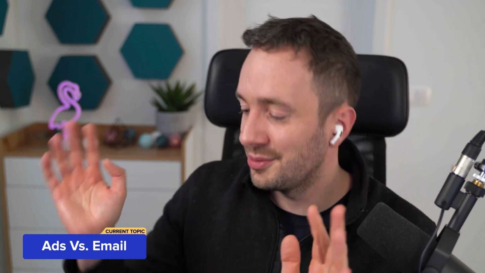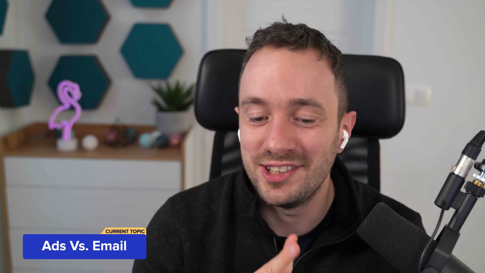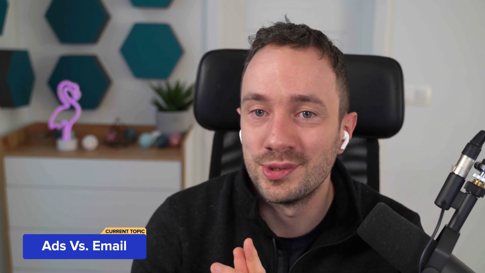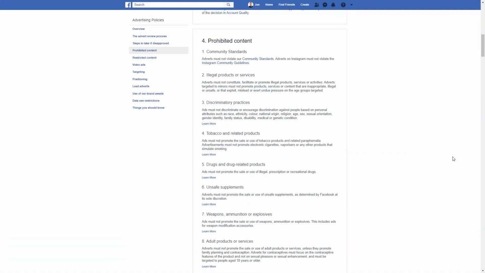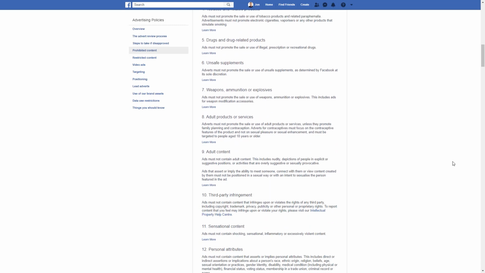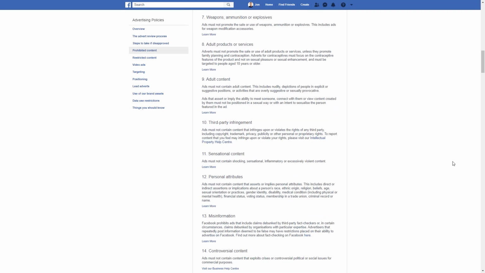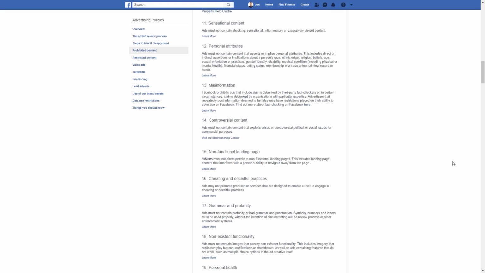But now that we're on this topic, let's talk about this. The problem with retargeting and ads is that in many niches, Facebook, Google, etc., are quite picky on what you can display on your ads. You can't make promises. If you're selling diets, you can't put before and after photos. A lot of things will be constrained on your landing page as well. You cannot put any claims, etc.